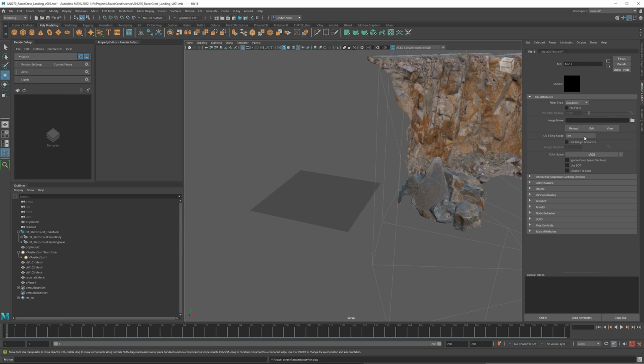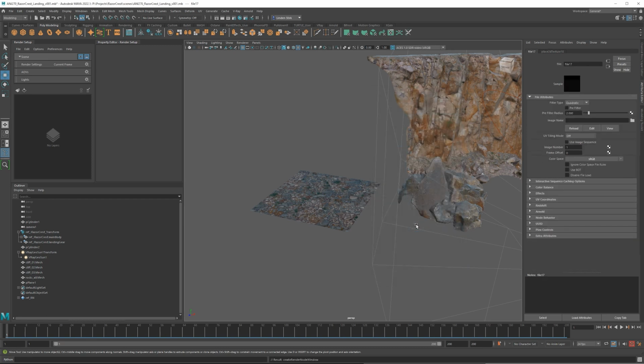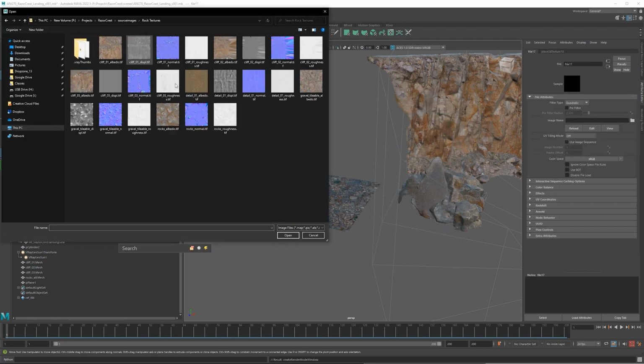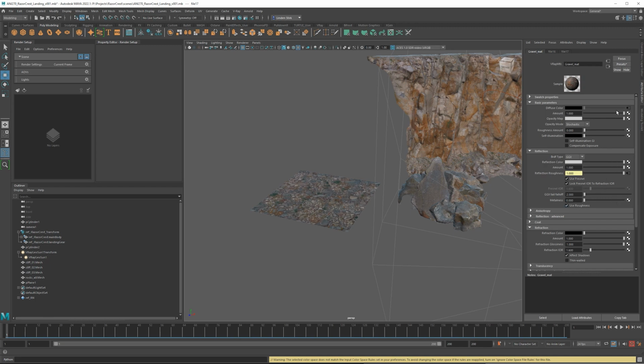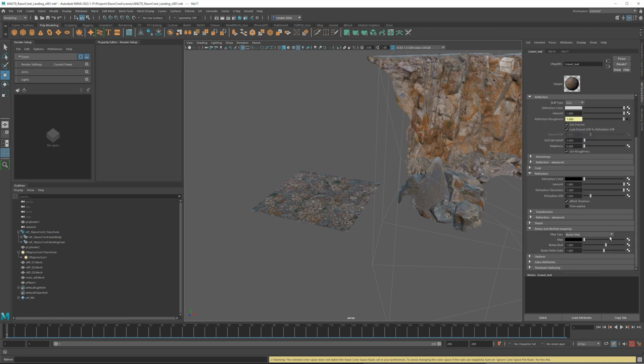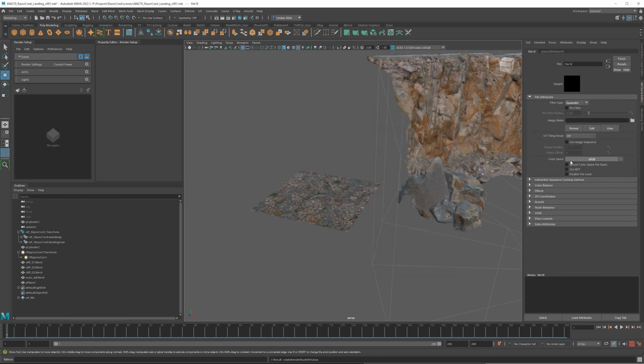We're going to grab that. Use roughness. And then lastly, for the normal map,